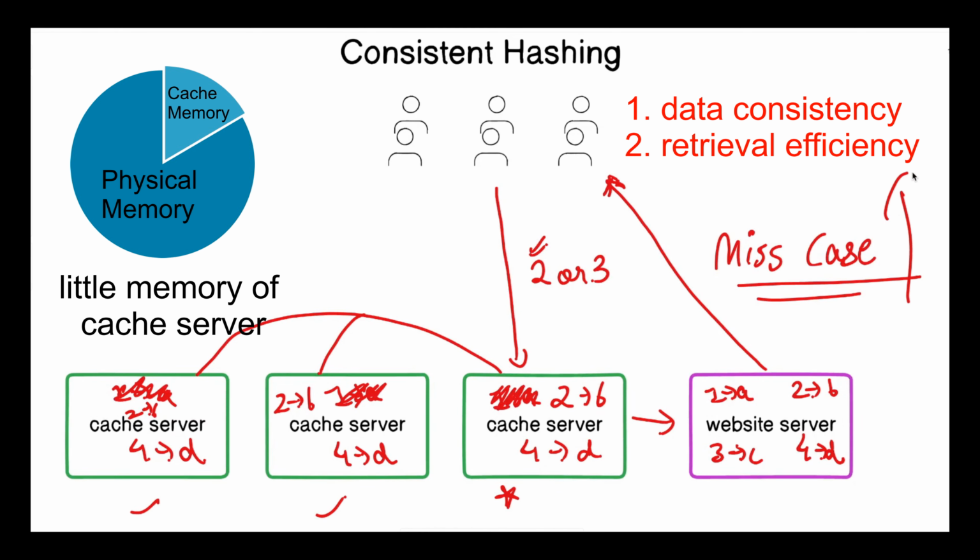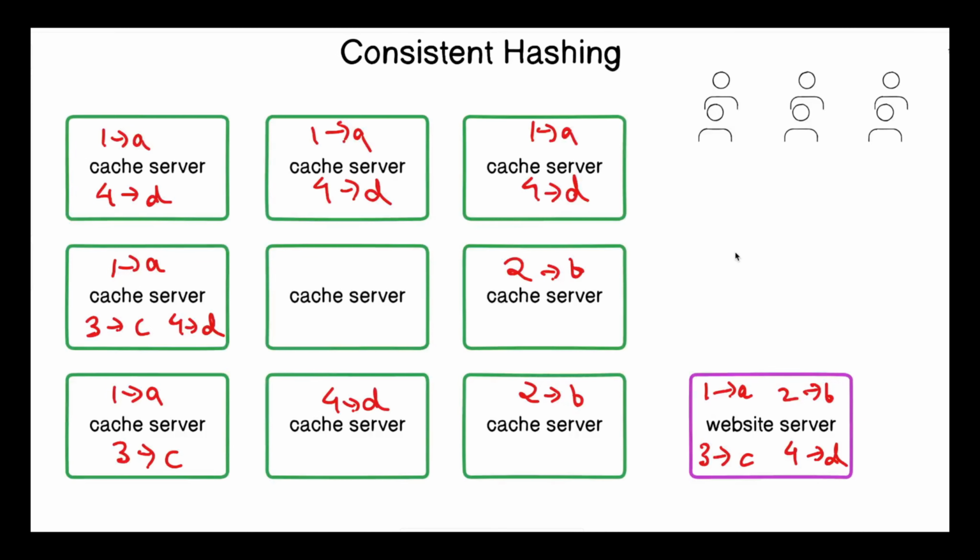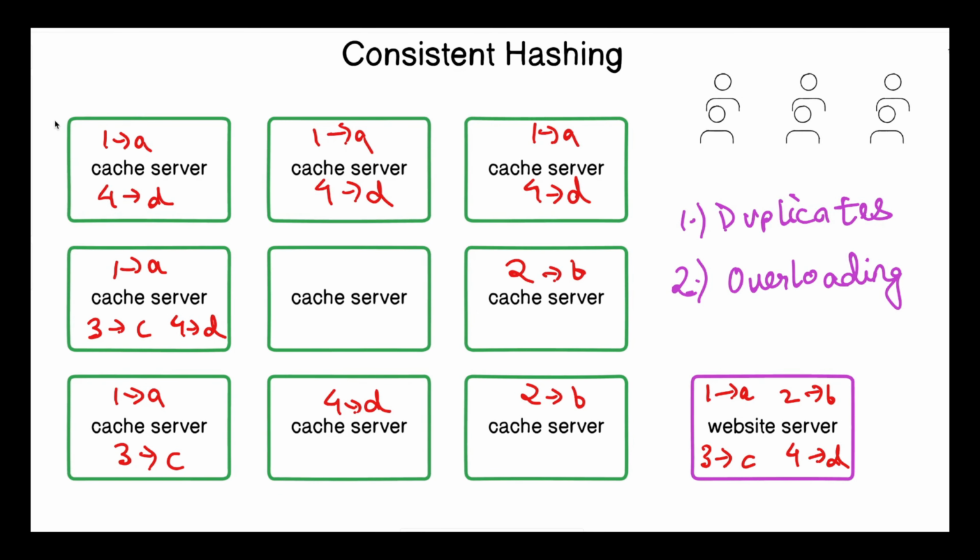Due to the increase in miss rate and to maintain this data consistency, the overall latency of the system has increased. So we have to think about another solution. Now the optimal configuration for achieving high performance in a cache server is to reduce duplicates among all the cache servers and to reduce overloading in one particular cache server. So in the first case, we have the duplicates, due to which there is a higher miss rate, and to maintain the data consistency among all the cache servers, the latency will increase significantly.